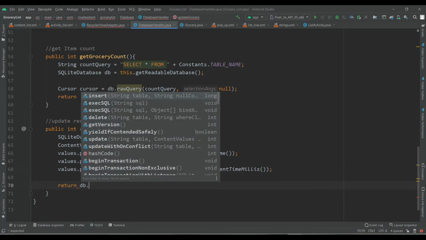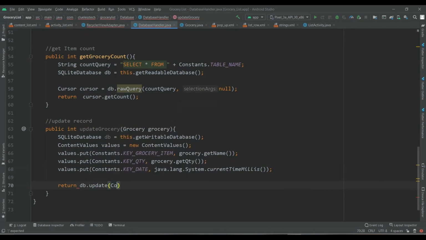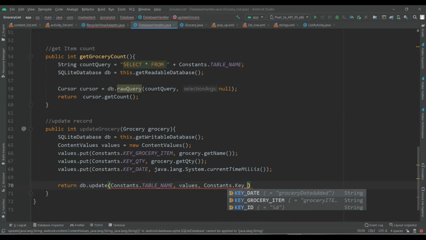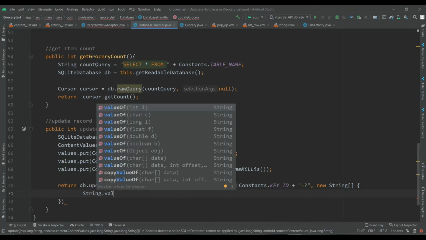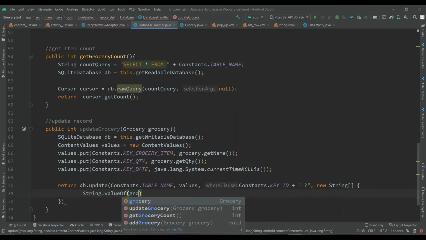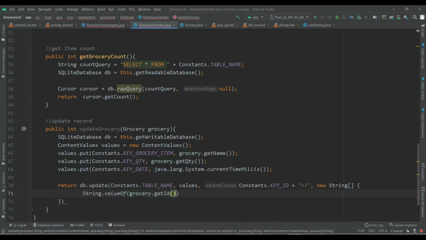db.update(Constants.TABLE_NAME, values, Constants.KEY_ID, at which id we need to update the record, and the id will be new String array String.valueOf(grocery.getId()).